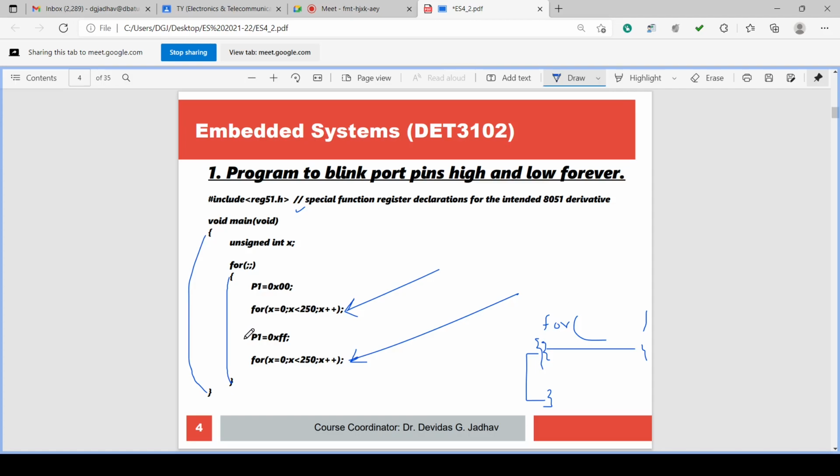If the instruction or block of instructions is to be part of the for loop, then the for loop should not end with a delimiter, that means a semicolon. Then the next instruction will also execute along with the for loop for so many times till the for loop executes. So now this for loop is of a different type. This is one example of a for loop which is having no initialization, condition checking and increment, only two semicolons are there.